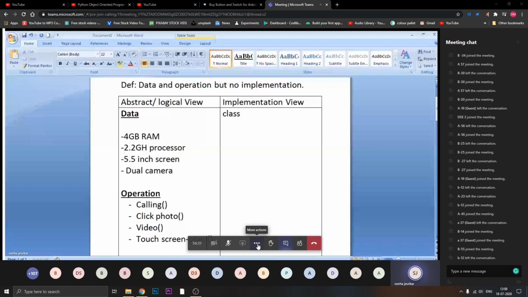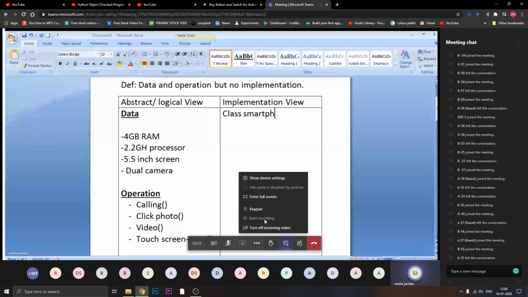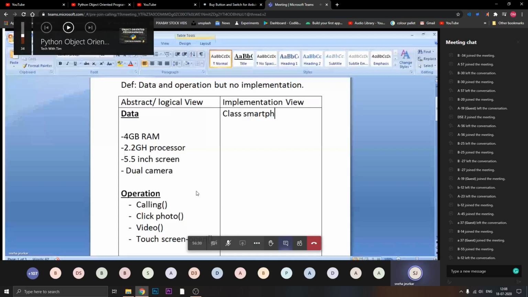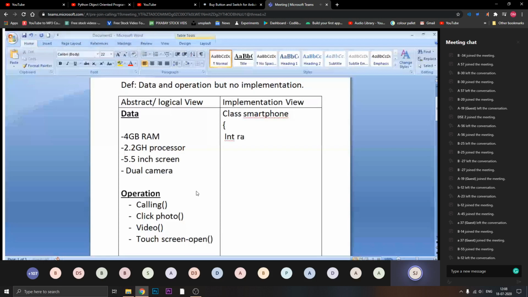I'll write it simple, like class Smartphone. I will write integer RAM size. Then I will write a string for the processor company or processor name. Then I will write float. Here a 5.5 screen is there, so I will write float screen.